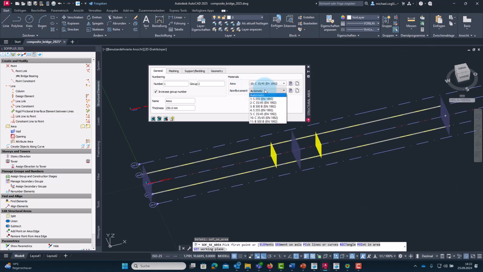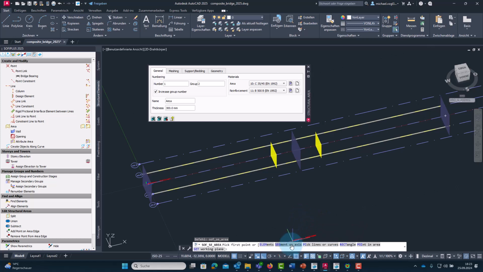So this is the concrete, and of course this concrete slab also gets reinforcement. Here we take the newly created material 11, and of course we want to assign the correct thickness, 300 millimeters, and then create the elements.